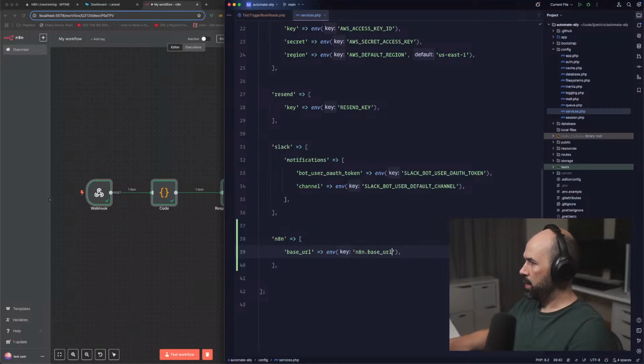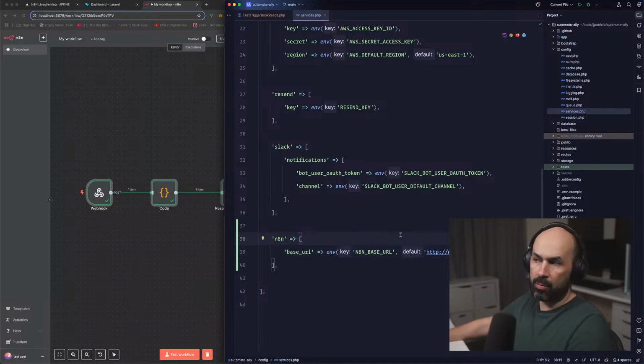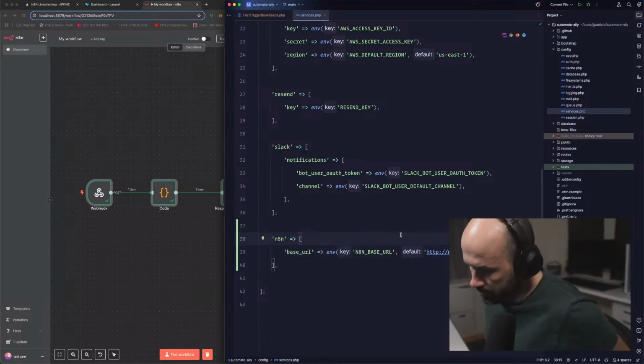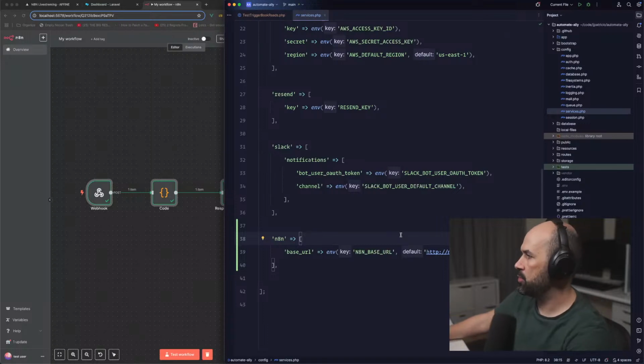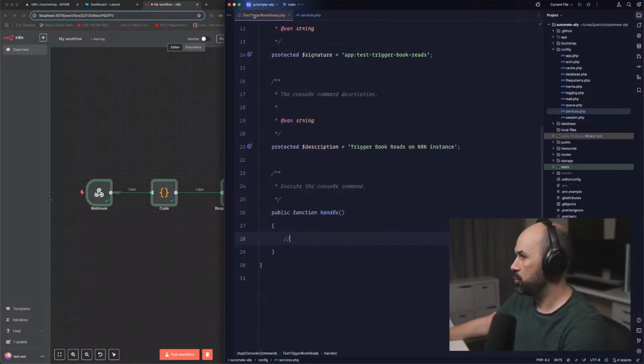N8N base URL. And I'll just leave a default here for local, which will be http://n8n, which is the container name, :5678, which is the container port, not the mapped port on the host, but the container. So it should be good.